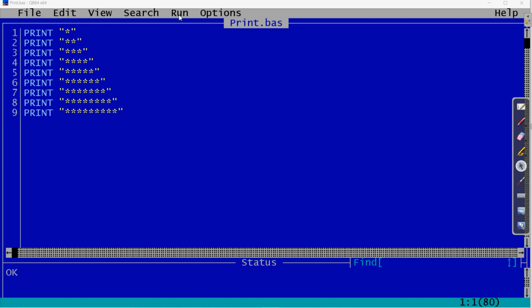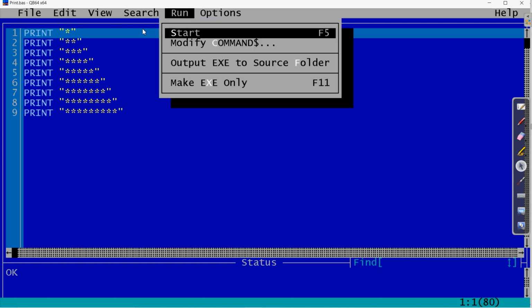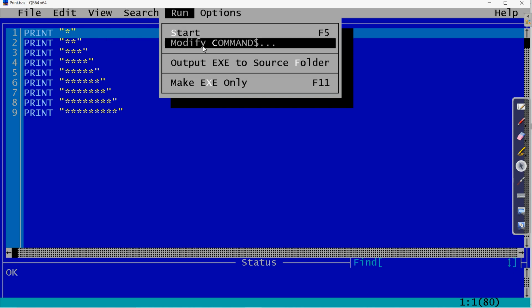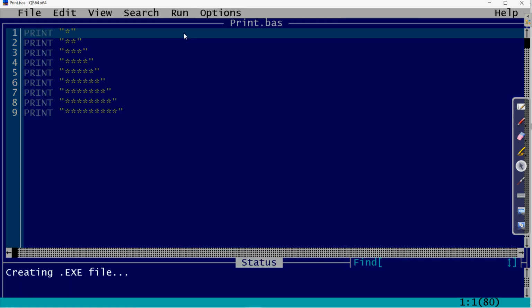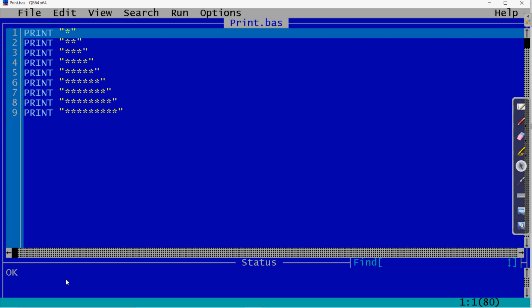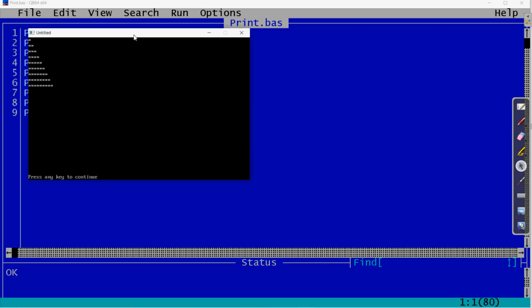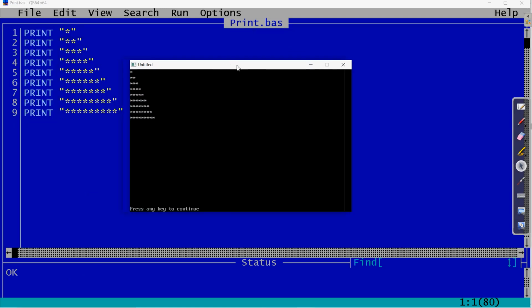For running any program, we either press the F5 key on the keyboard or go to the Run menu, where we have the Start option. Click on this. While it is running, you can see at the bottom in the status bar, clear. Here is the output of this program.